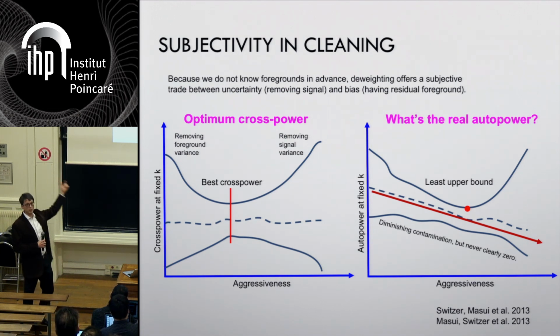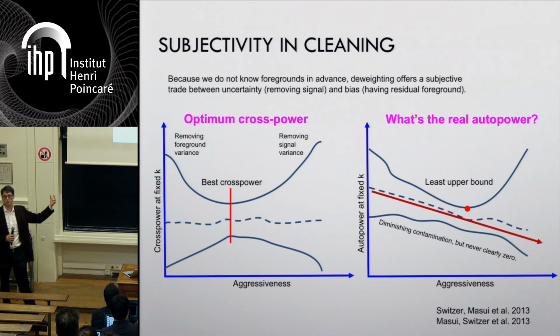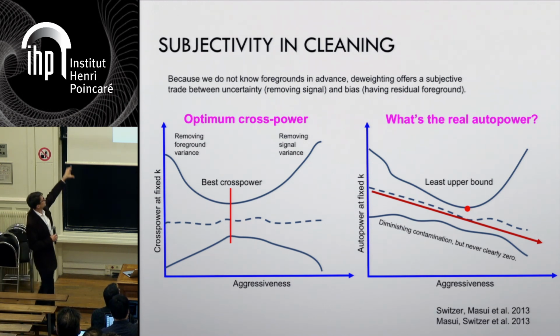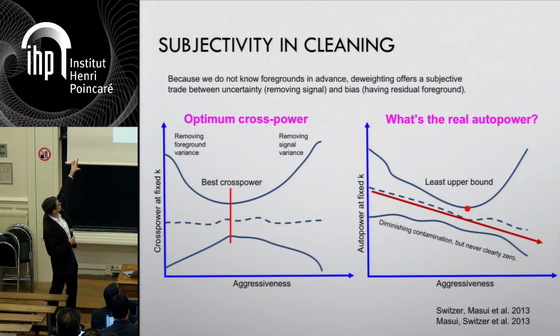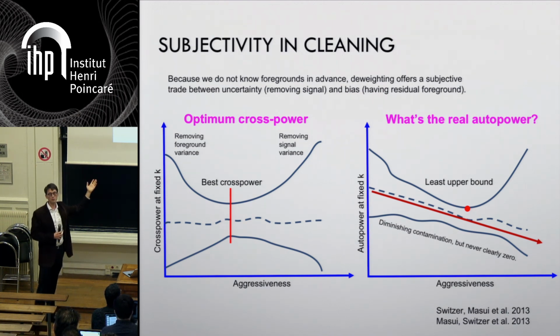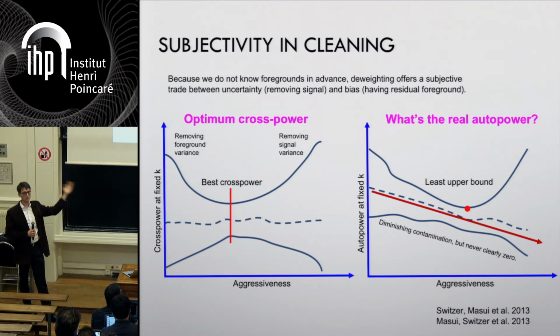Now, for the cross power with the galaxy survey, there's no additive bias from uncorrelated foregrounds. So as you make the cleaning more aggressive, you remove more foreground and improve the cross power, but then at some point, you start removing more signal, and then the errors increase. So there's a clear optimum cross power in this space of